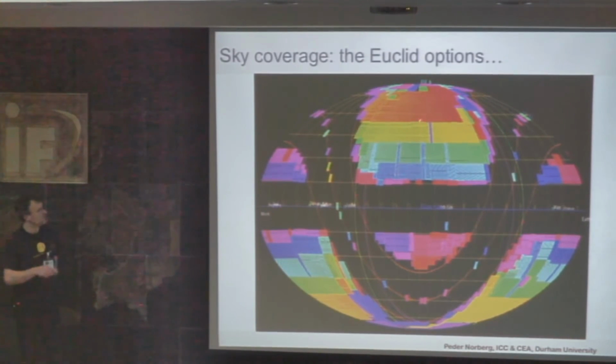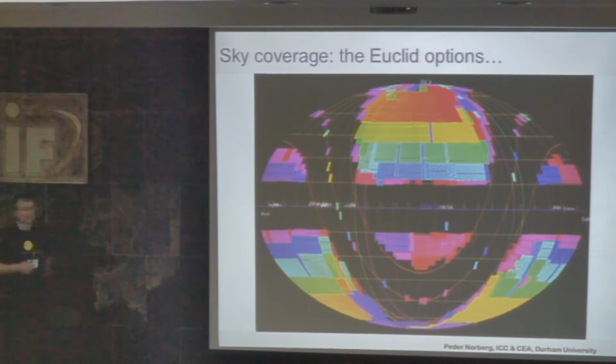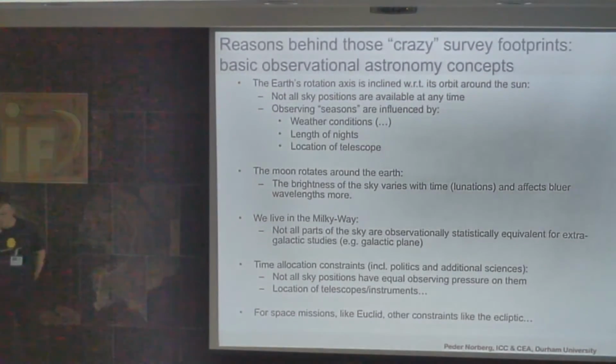You have one patch here. You have this patch there, which connects with this one. You have this long patch here. You have this patch here. So basically, you have 1, 2, 3, 4 patches. When you have surveys with 4 patches, you need to worry about calibration in the 4 patches. You know, calibration is really hard, especially when they don't join up. One of the reasons why DES did this kind of cannon footprint or tank footprint and so on.